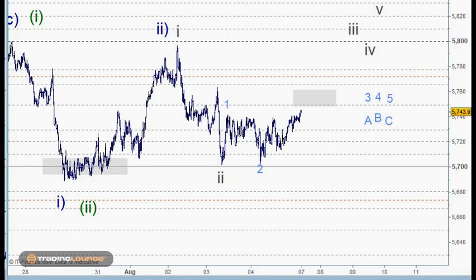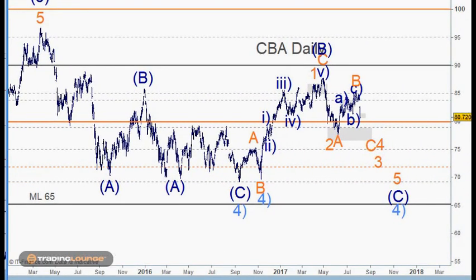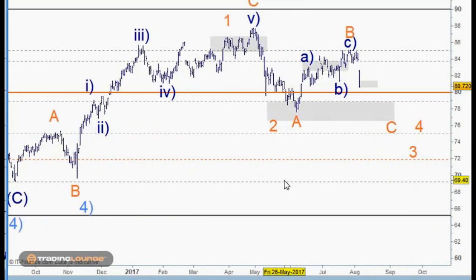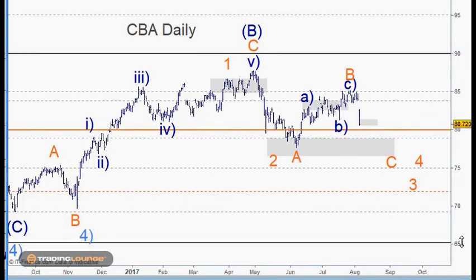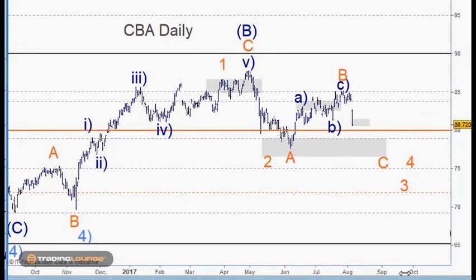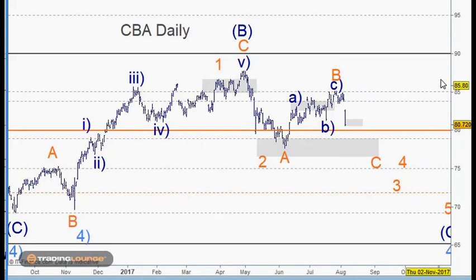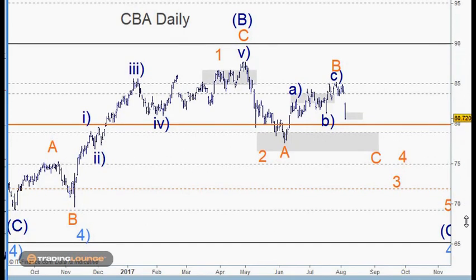Now, let's have a quick look at the banks. CBA, as you've probably heard if you've followed the news a little bit. I don't follow it that much. It takes up too much of my time. I just buy the paper once a week and look at a few headlines here and there. But